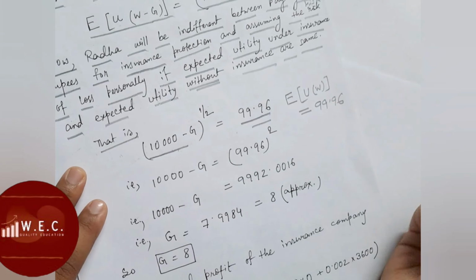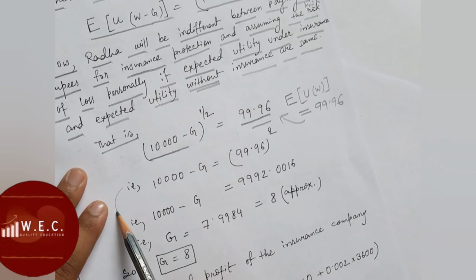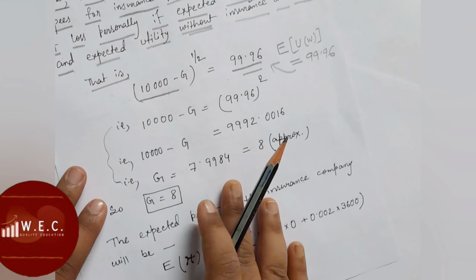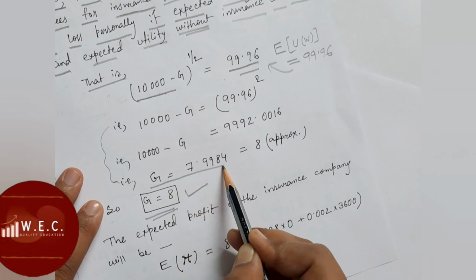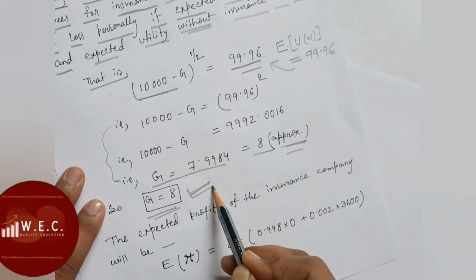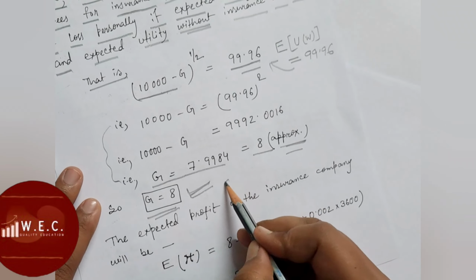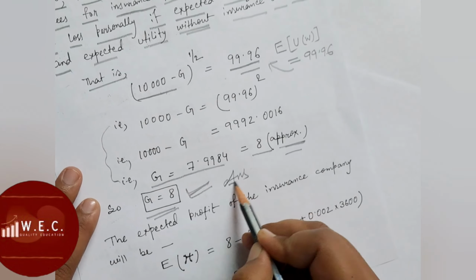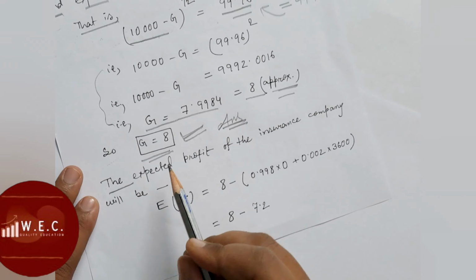Solving this equation, we can get the value of G, that is equal to 7.9984, which is approximately 8. G equals 8. So this is the answer. In the question it is asked, now the expected profit of the insurance company will be